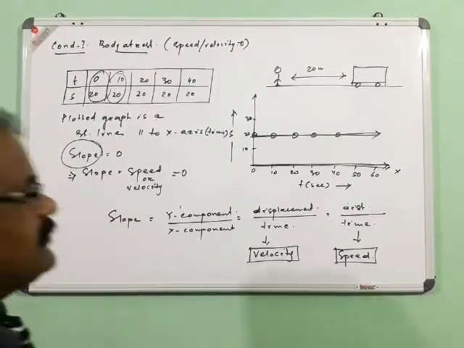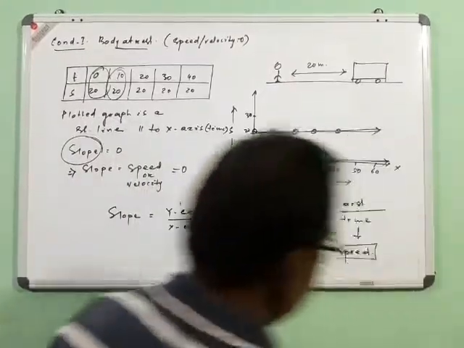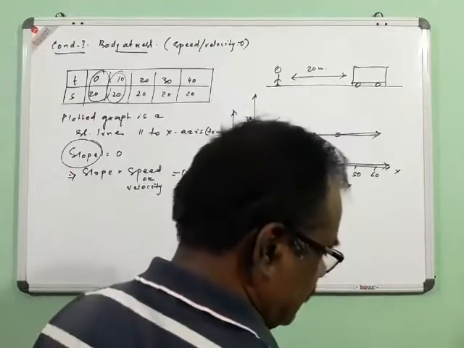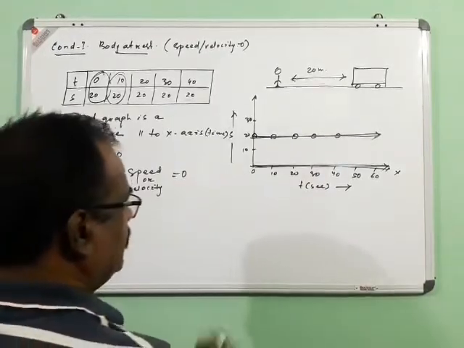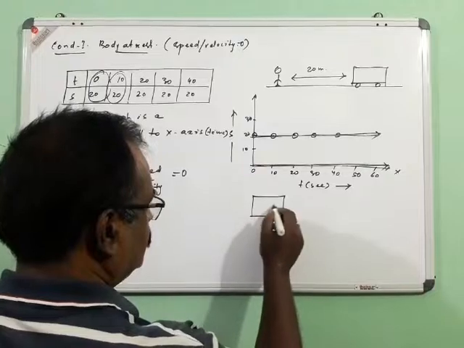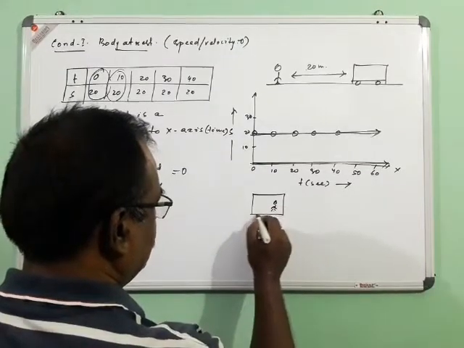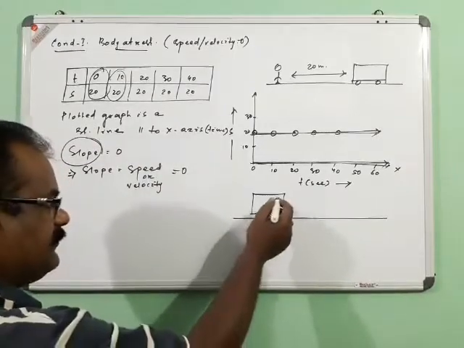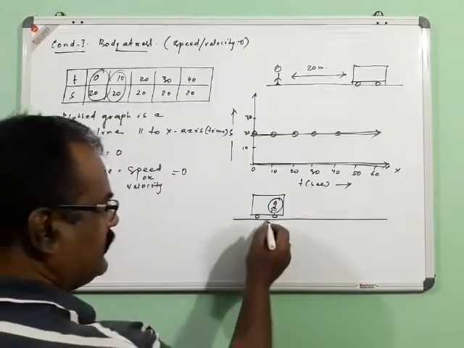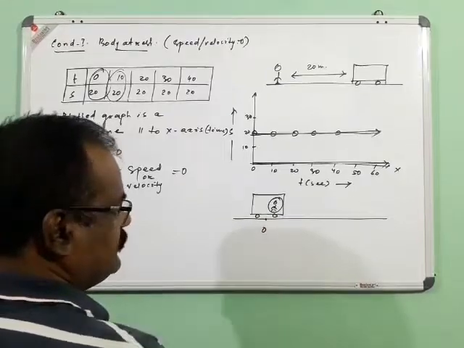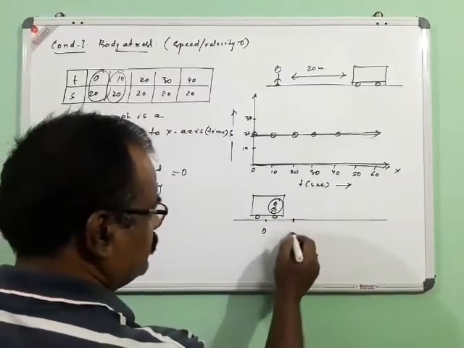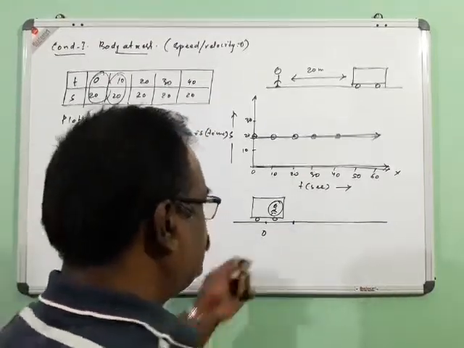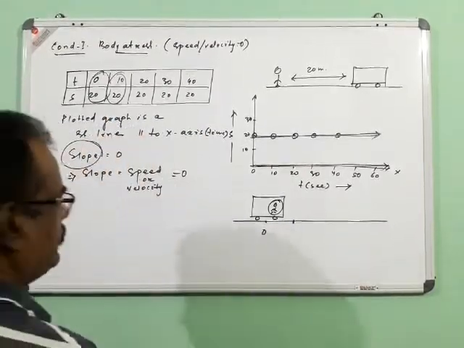Similarly, let us consider another condition in which the body is at rest. Let us take an example of a driver sitting inside a car, and the car is at rest. In this condition, the driver being the observer, he finds that at 0 seconds it is at 0 distance, at 10 seconds it is also 0, and at 20 seconds likewise. As the time progresses there is no change in the position,